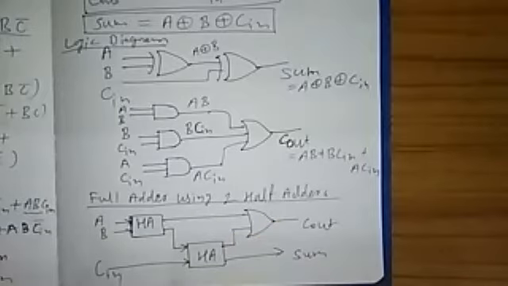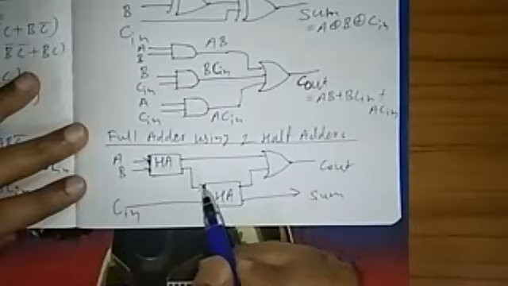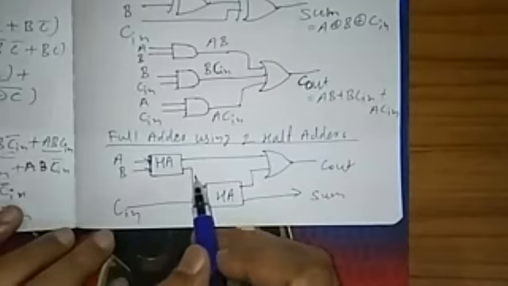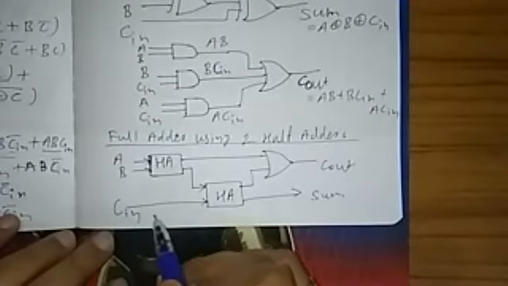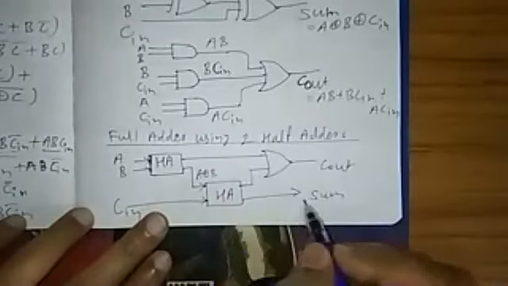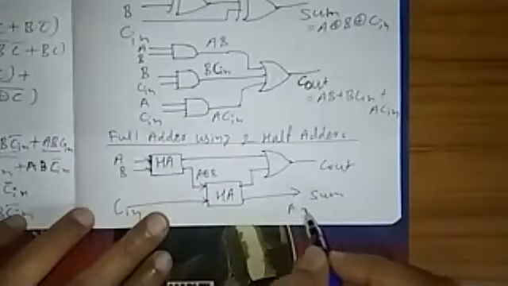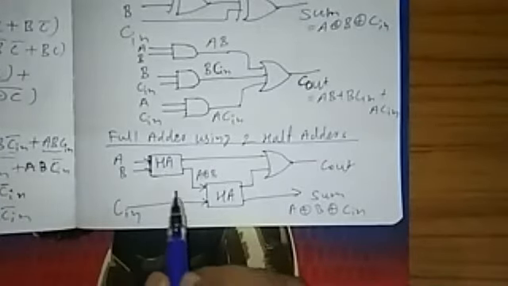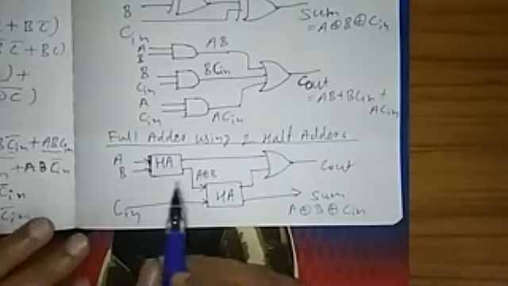Now here if you observe, a half adder has 2 inputs and 2 outputs. Our inputs, A and B, 2 inputs are there. Output from this will be sum and carry. From this sum, which is A XOR B, and this is Cin, therefore the sum will be A XOR B from here, and this is Cin. Therefore XOR, because the half adder has an XOR gate as the sum, A XOR B. You have checked that in the previous session in the half adder.